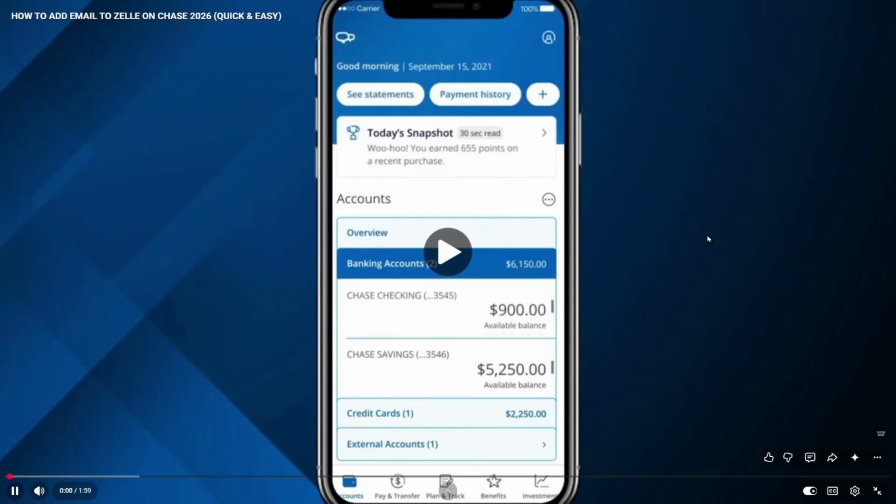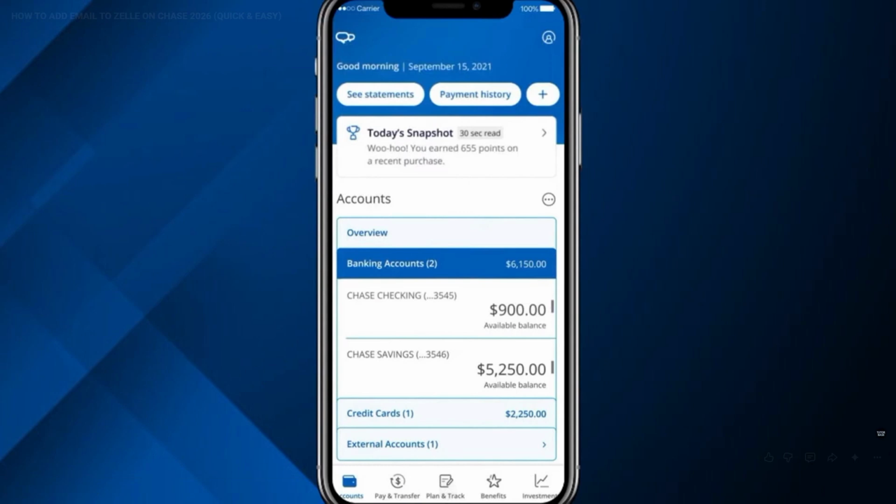In today's video, I'm going to teach you how to link an email address to Zelle in your Chase account. This quick walkthrough works whether you're using the Chase mobile app or signing in through Chase online banking on your computer. By the end, you'll have an email connected to Zelle, so friends, family, or clients can send you money